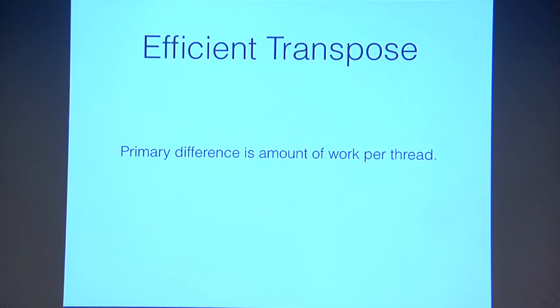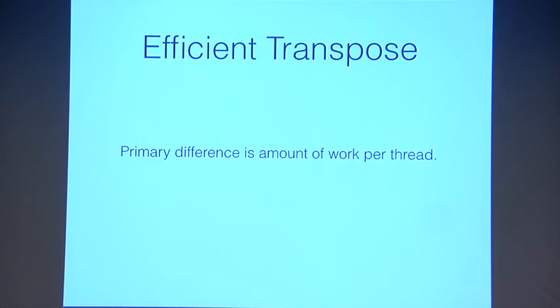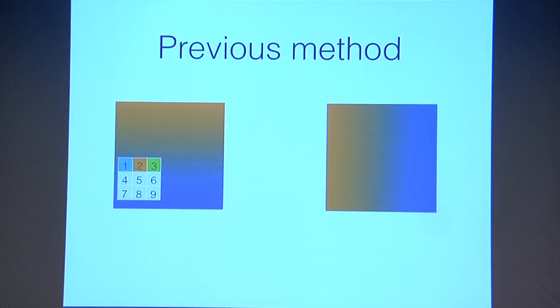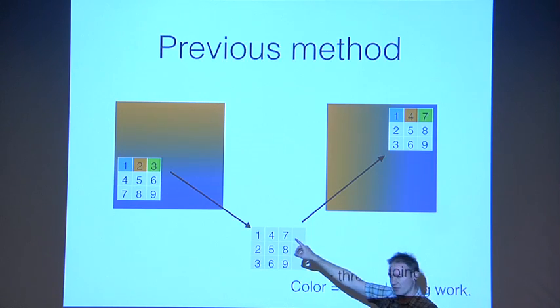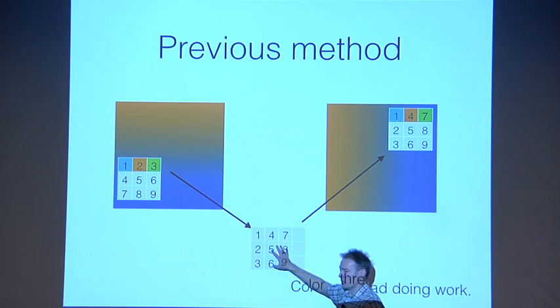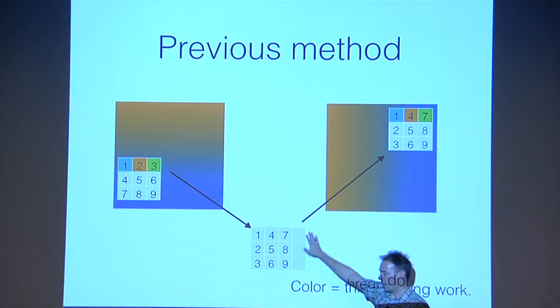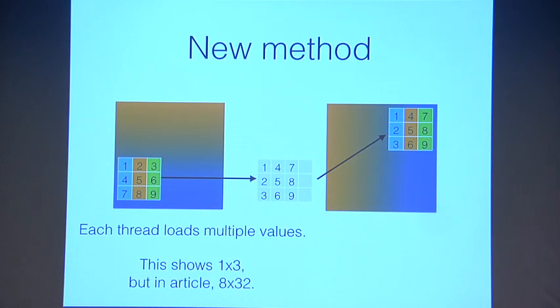All right, very briefly on the efficient transpose. The main difference here is, again, the amount of work done. They use the same trick that the fast matrix multiply did. This is our method that we talked about in class. We copy the data out coherently, so the different colors are adjacent threads. The threads read into some sort of local memory. We add 1 to avoid bank conflicts. They write it back coherently. This works pretty well. The color is basically which thread is doing the work. This is really all that they do.